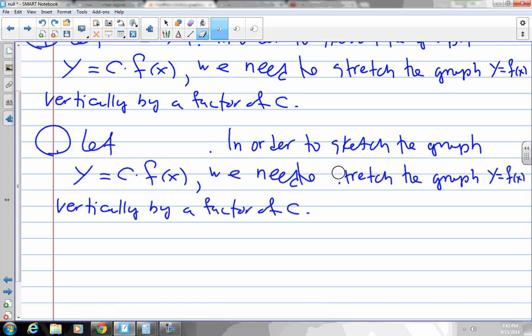You're right. Because if c is less than 0, then it will flip and stretch or shrink. So this is 8. C is between 0 and 1. So then we'll need to shrink or compress the graph of that vertically by a factor of c. So things get